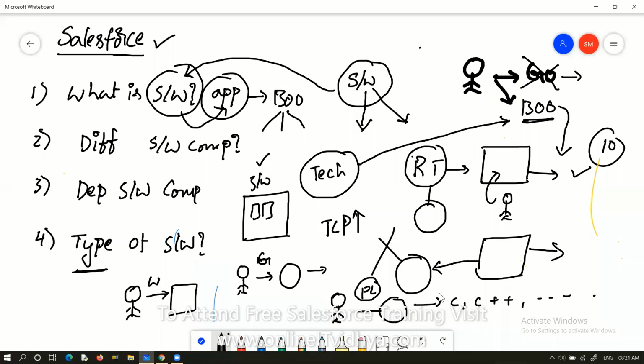Even Salesforce is one of them, but I will let you know very clearly. Why? Because it is a bundle, a collection of some languages we can use. But I will also tell you the advantage of Salesforce. You need not compare it with Java or .NET or anything. Why? Because this is completely different and the purpose of Salesforce is completely different. So, if you want to develop any software, you have to use a programming language.